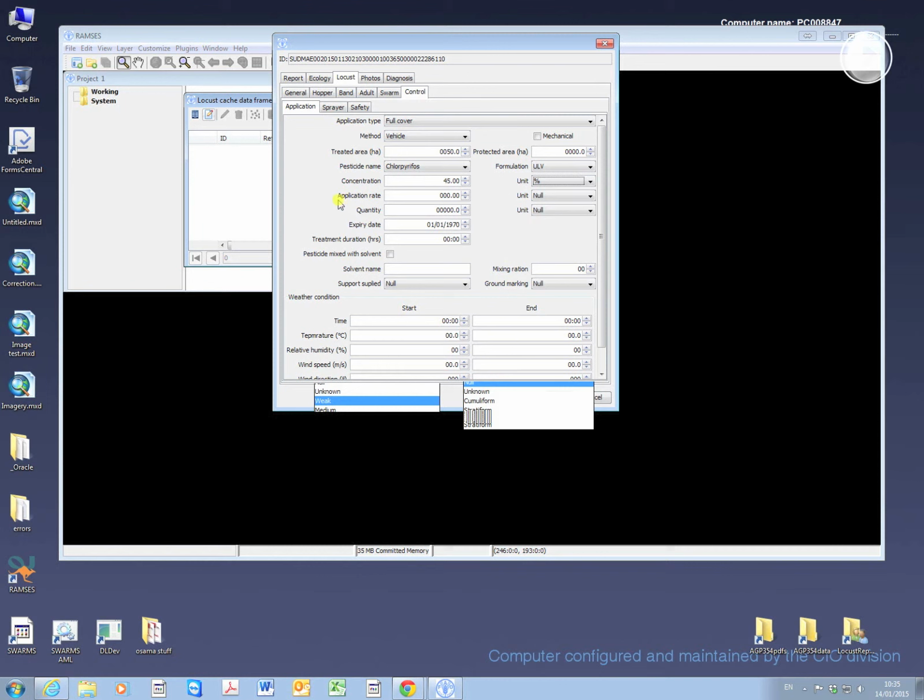Next, indicate the application rate that was used during the control operations and the unit of that application rate. And here you can indicate any number that you wish. So it's 1 liter per hectare. Indicate the total number of liters that were used, and of course you need to indicate if it was liters or something else. So the total amount of pesticide that was used in our example is 50